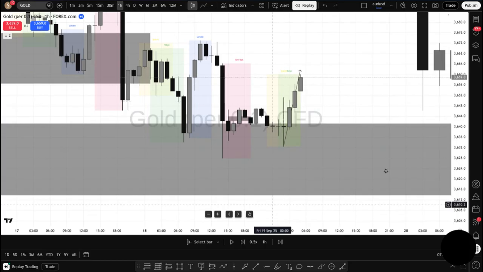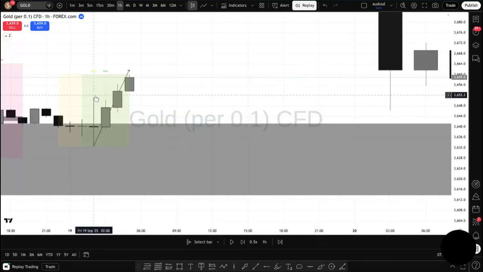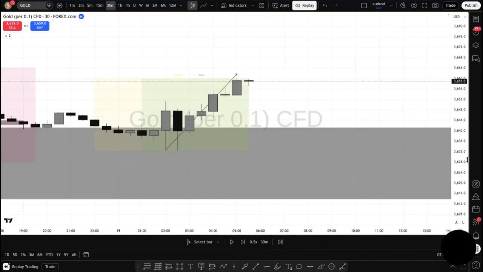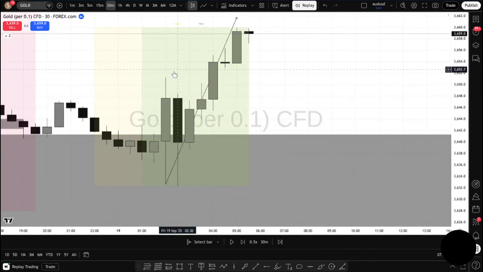Normally here, my entry will be from the wick of this retracement candle, this candlestick that retraced from the wick here. But because it's a doji candlestick, this is a doji, right? The wicks are just too long, very small body. I want to come to the 30 minutes time frame and see if I will see a proper block. Okay, on 30 minutes time frame, I can see one bullish candlestick coming up, then bearish